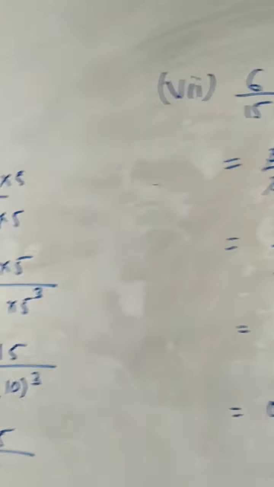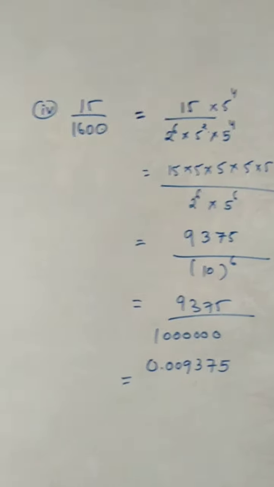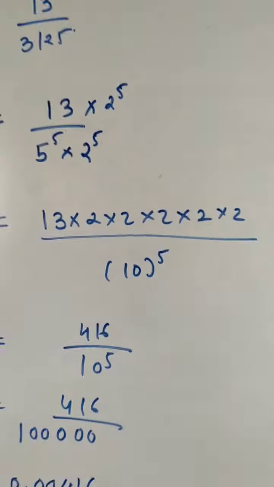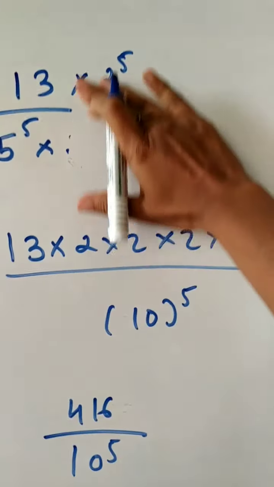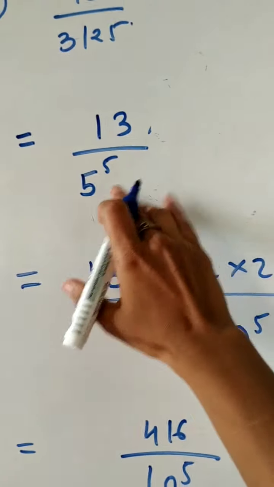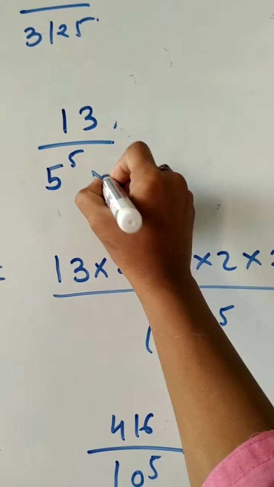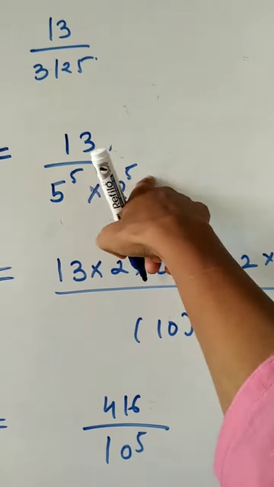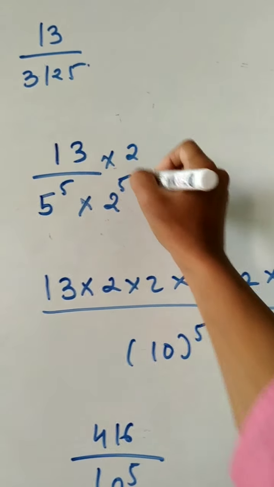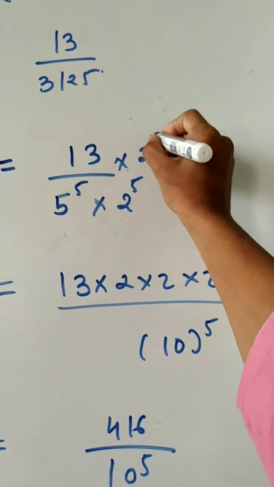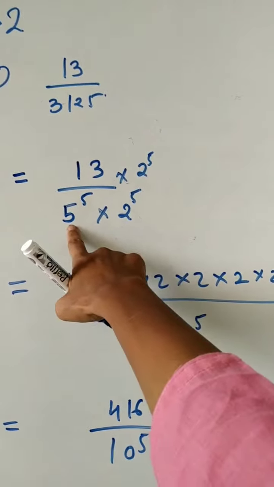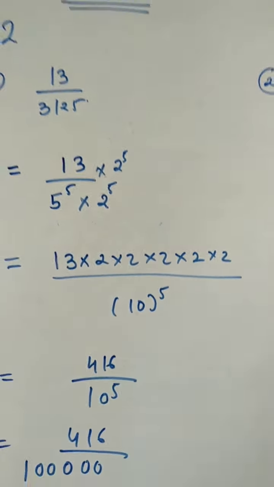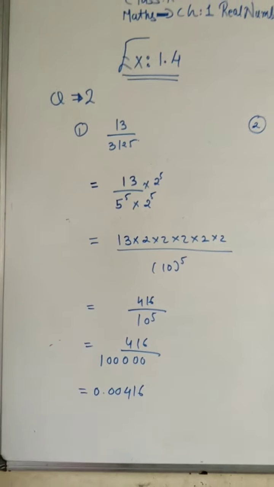This question was very easy. Only some students may be confused about how we multiplied all these things. So I would like to tell you that if you can see it is in the form of 5 raised to 5, you have to multiply by 2 raised to 5 yourself to match this power. And if you multiply over here, then you have to multiply there too. And you will make 5 2s are 10 and the power should be the same. So it will come outside and you can write it in an easier decimal form.